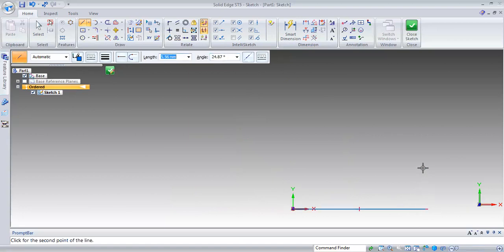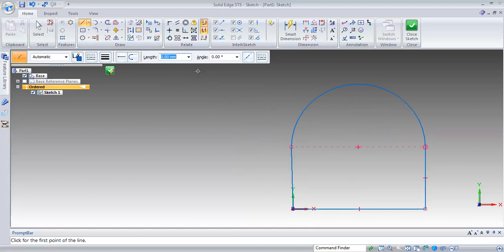So next, 60, angle is 90. Next, you can go for this arc to join this.